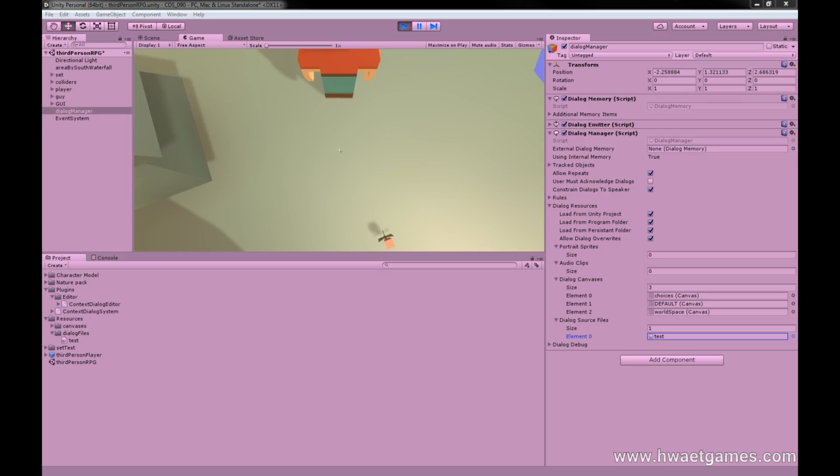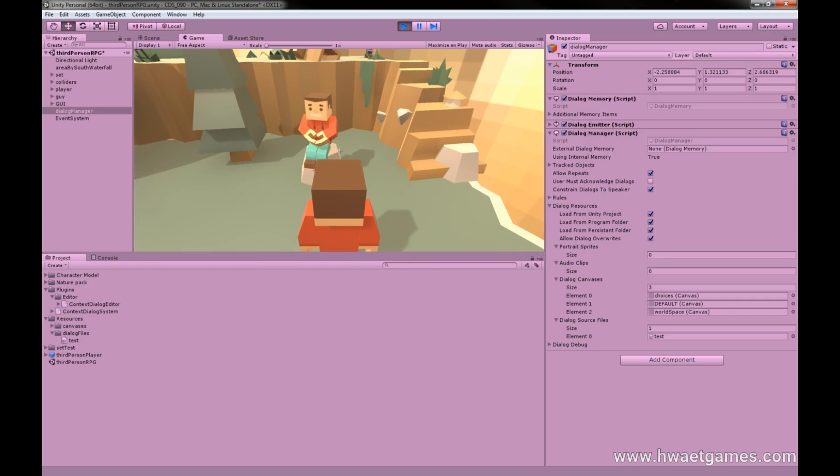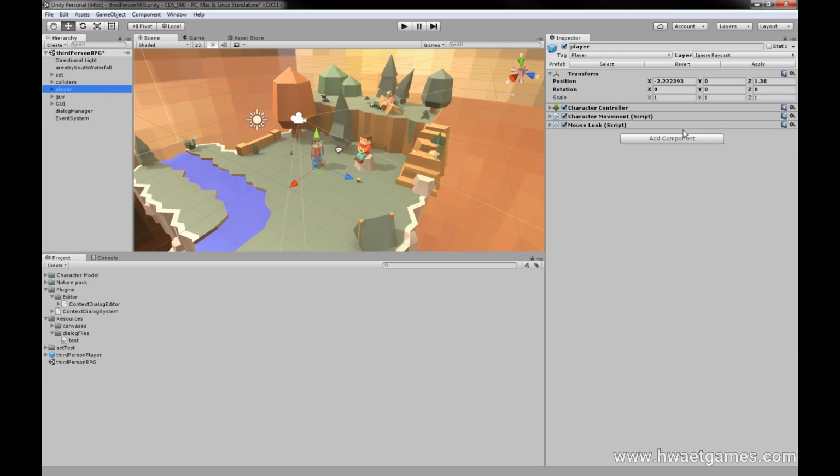Now I'm going to create a script that will trigger this dialogue system. For this particular kind of game, what I would want is for there to be a script on the player object, so that every time I press E, that player object will find the dialogue manager and say, hey, I am here, I am doing a thing, call the dialogue system. Figure out what line of dialogue is most appropriate for where I am right now. So start that by selecting the player object, to create a script,